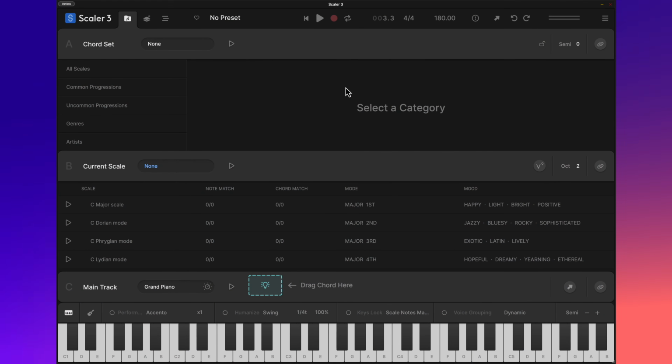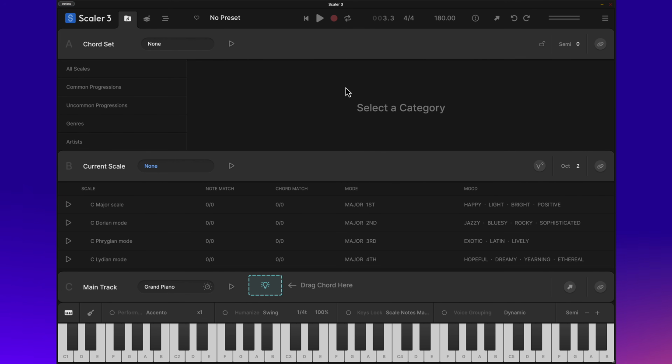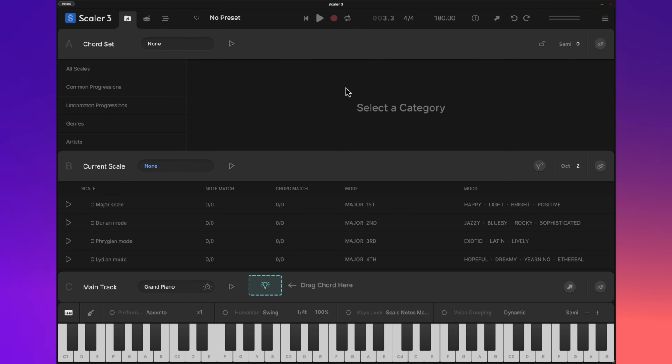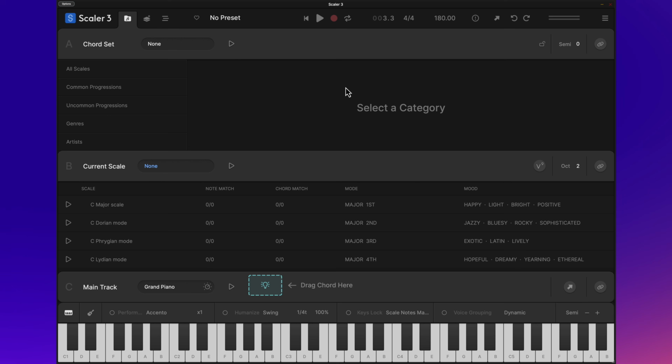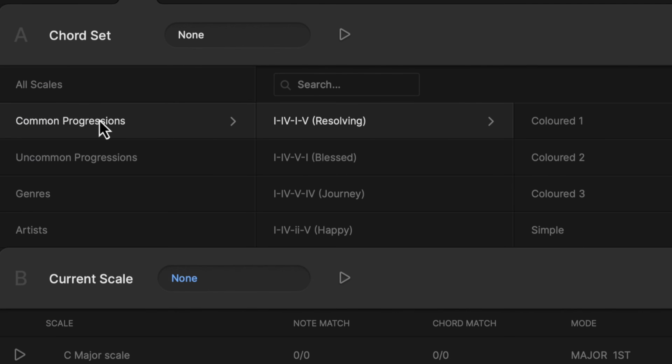Welcome to this third video about Scalar 3 and my experience with using it over the past 3 weeks. In this video, I'm going to create a structured piece of music with the structure of A, B, A, and a coda section. So 4 smaller sections, and in this I'm going to use the existing chords that come with Scalar 3. So I'm in the chord set page and I'm going to go common progressions, and you can navigate